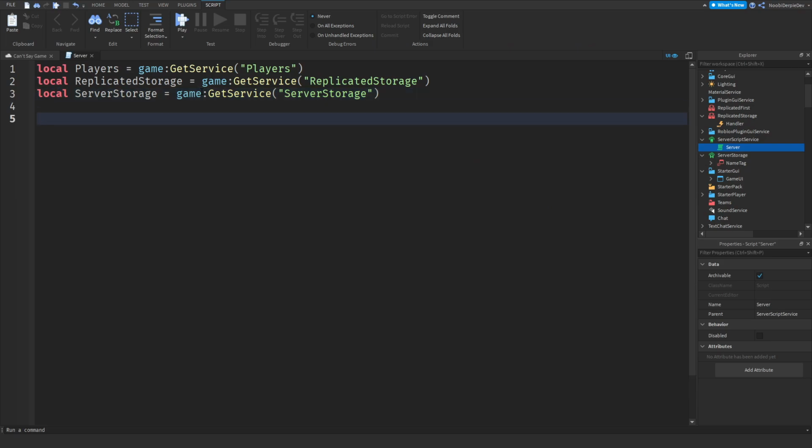Now we're going to make a table containing some words. You can do whatever you want with those words. This table is going to contain the words that you cannot say. So local commonWords, I'm just going to name it like that, equals a table with curly brackets.